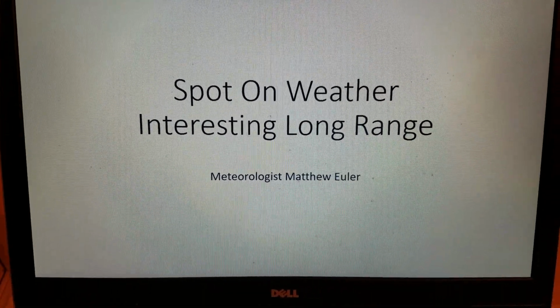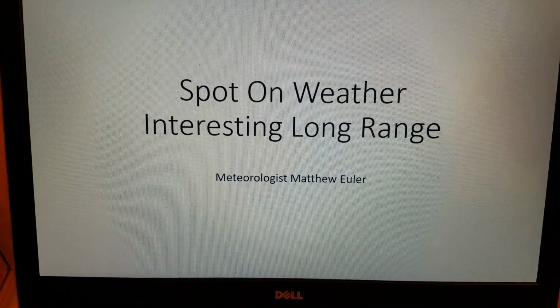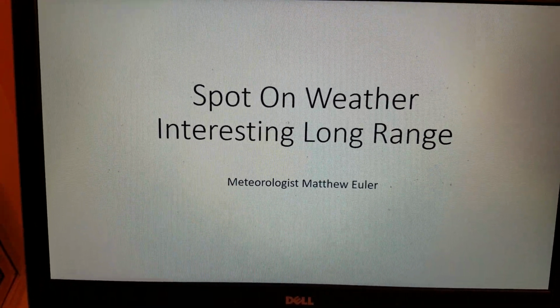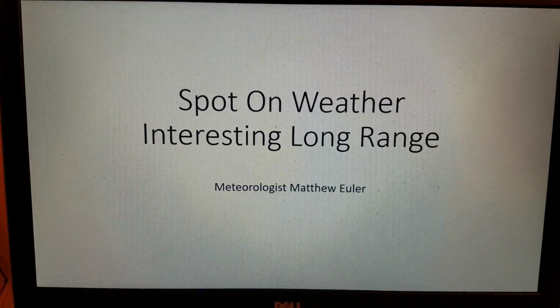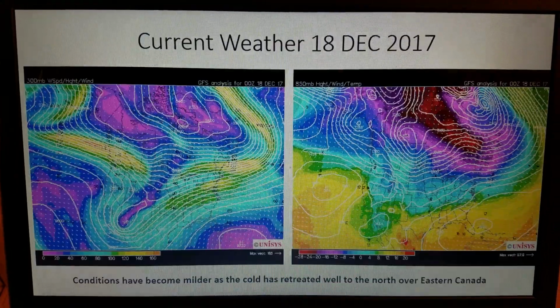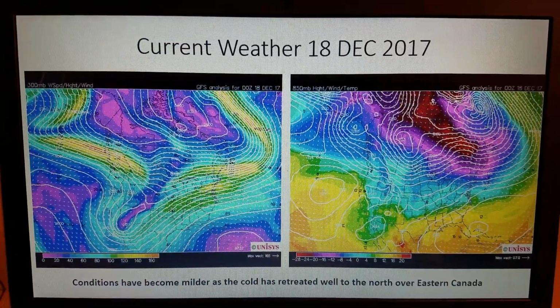Good morning. I'm Spot On Weather meteorologist Matthew Euler, and today we're going to take a look on the 18th of December at a very interesting long range. And I'll get more into detail as to why I'm considering it an interesting long range here in a moment. So let's go ahead and kick things off right now, and let's take a look at what's happening across the